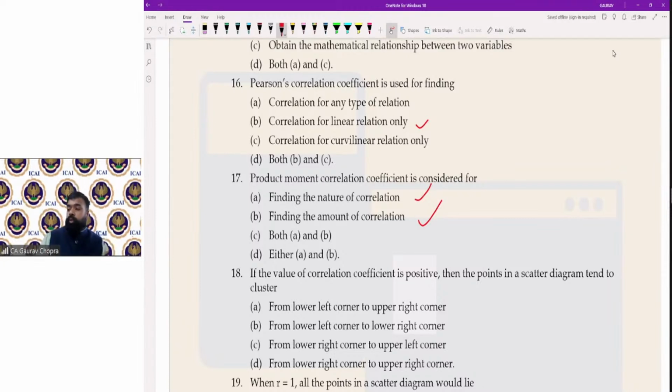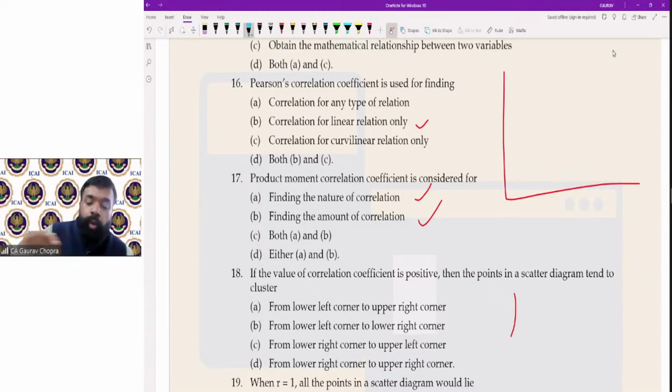ओके, सो क्वेश्चन नंबर 14 में आंसर ए गिवन है, सी दिस क्वेश्चन इज आल्सो गिवन इन एडिशनल पार्ट, और वहां पर आपका आंसर पॉजिटिव गिवन है, एक जगह नेगेटिव एक जगह पॉजिटिव गिवन है, बट द करेक्ट आंसर इज पॉजिटिव इन दिस केस, यहाँ आंसर हमारा पॉजिटिव है। नेक्स्ट, the value of correlation coefficient is positive, then the point on scatter diagram tends to cluster। ना पॉइंट हमारे कहां पे, कहां से कहां तक है ये आपको बताना है। कोरिलेशन पॉजिटिव है, पॉजिटिव मींस अपवर्ड स्लोपिंग कर्व बनेगा, जब भी पॉजिटिव है कर्व विल बी अपवर्ड स्लोपिंग, सो फ्रॉम लोअर लेफ्ट टू अपर राइट।